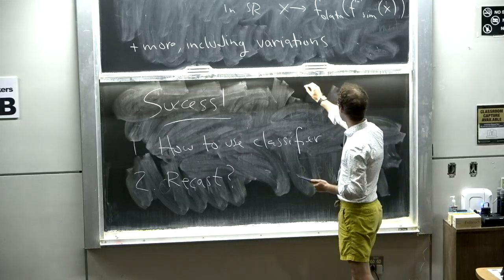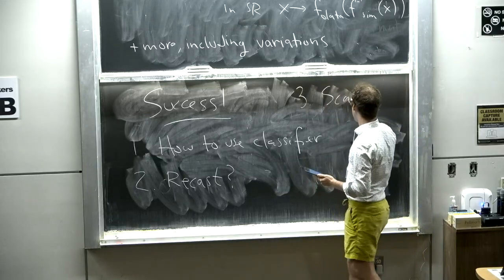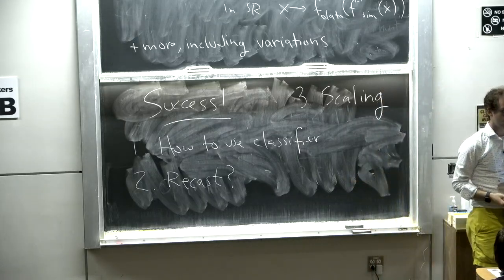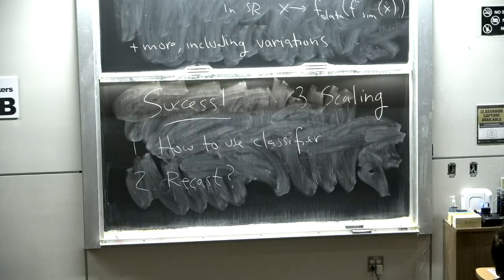Number 3. While in principle, these approaches can accommodate any feature space, like X can be high dimensional, they don't scale very well when X is high dimensional. Because the more dimensions you have, the more fluctuations your classifier could pick up as being different between the data and the reference. So being able to do really high dimensional anomaly detection is really hard. In general, the way it seems to do this properly is to impose some structure on the neural network, don't let it learn anything. That allows you to regularize a little bit. And there have been a number of papers in that direction.